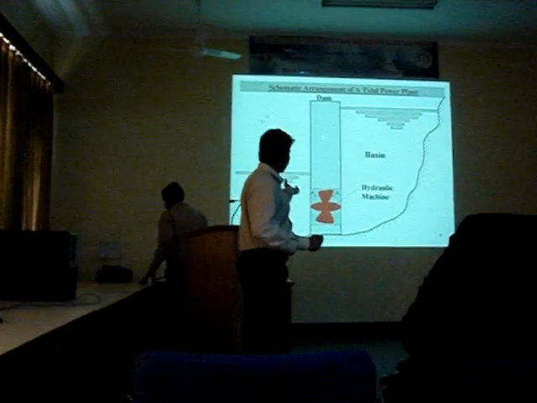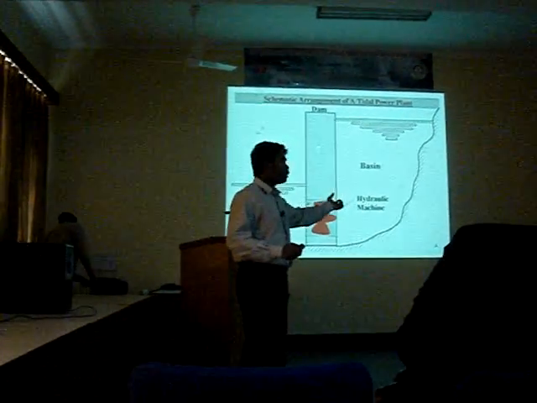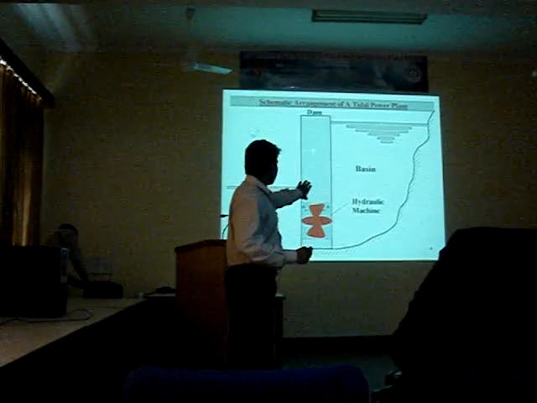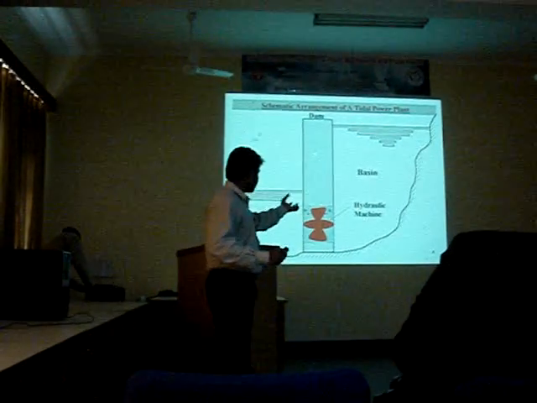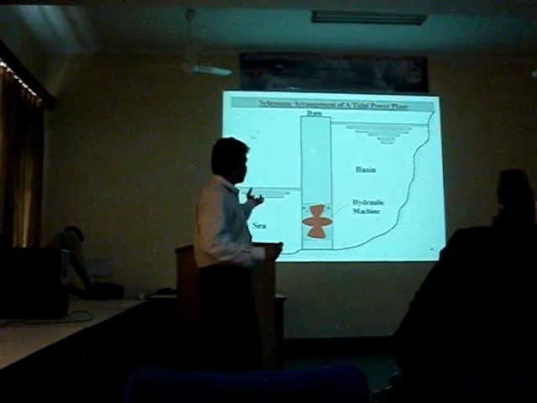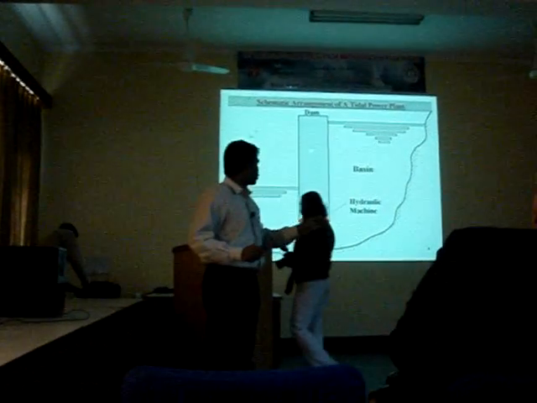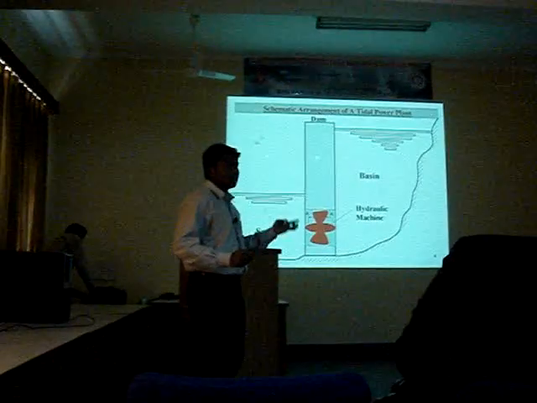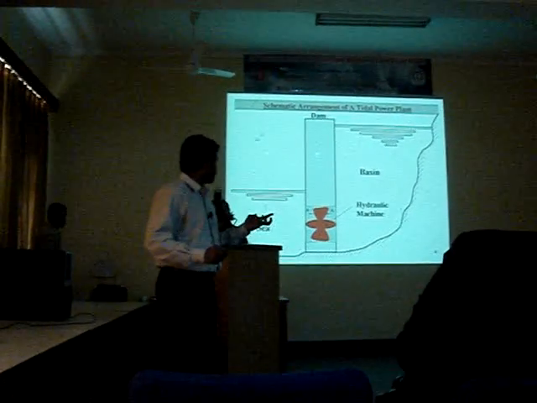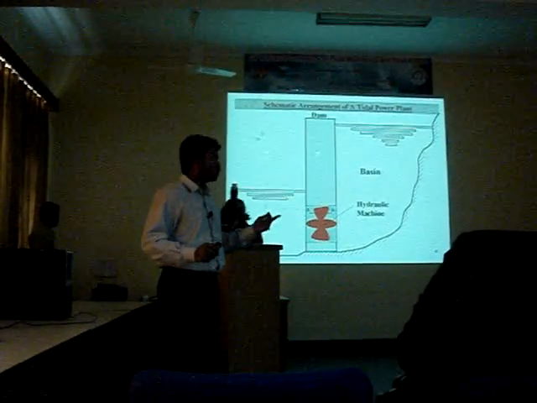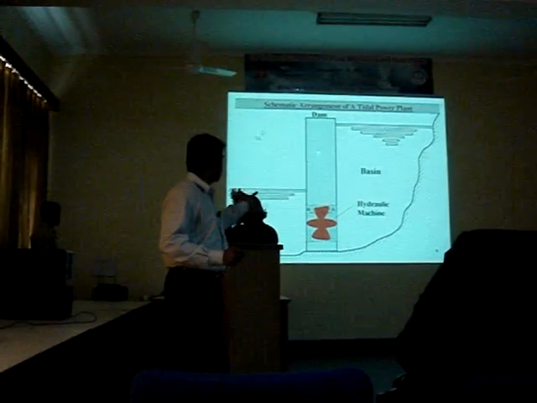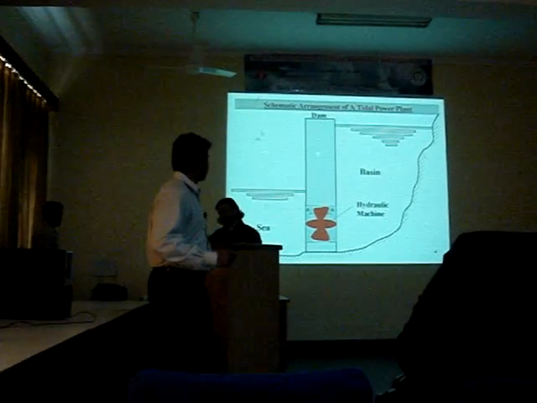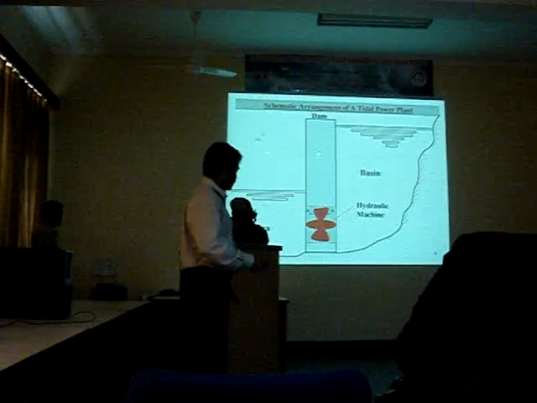At the end of normal turbining, some amount of water is pumped from sea to basin. This is normal pumping. And at the end of the ebb tide period, some amount of water is pumped from basin to sea. This is reverse pumping. All four modes of operation, normal turbining, reverse turbining, normal pumping and reverse pumping, are done in a single hydraulic machine. This is a fully reversible pump turbine.